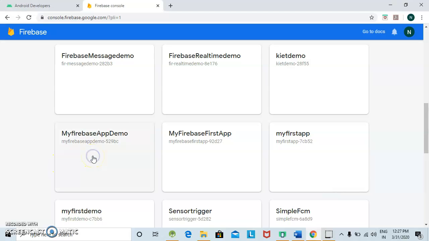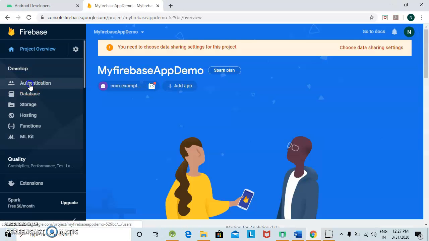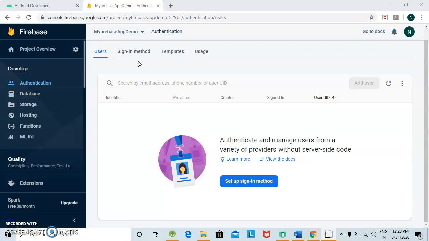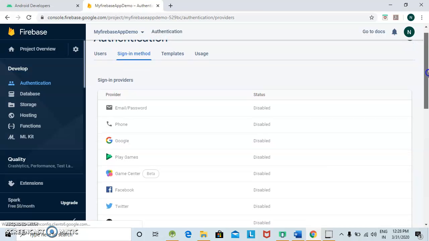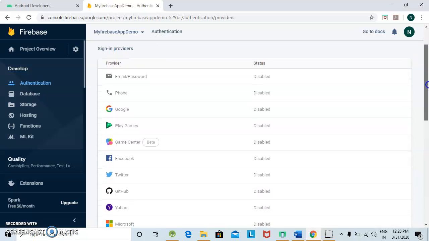So click here. Click on Authentication. After clicking on Authentication, come to the sign-in method. There are so many types of sign-in methods available with the help of Firebase.